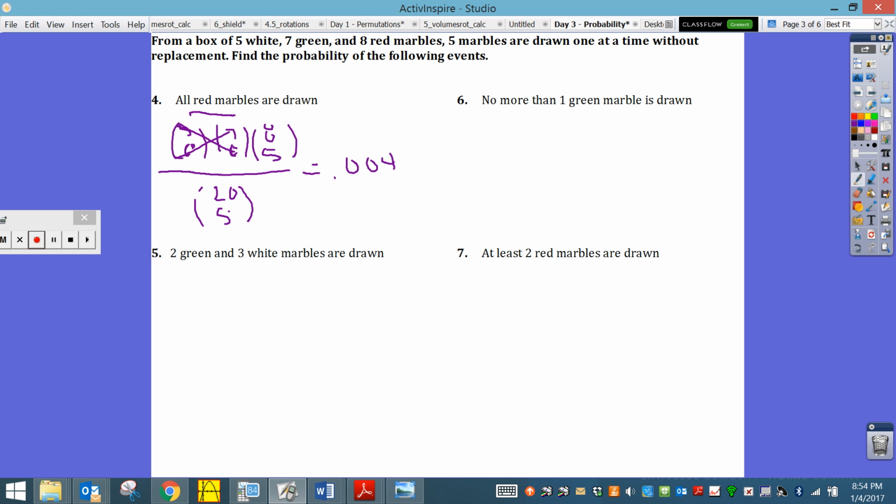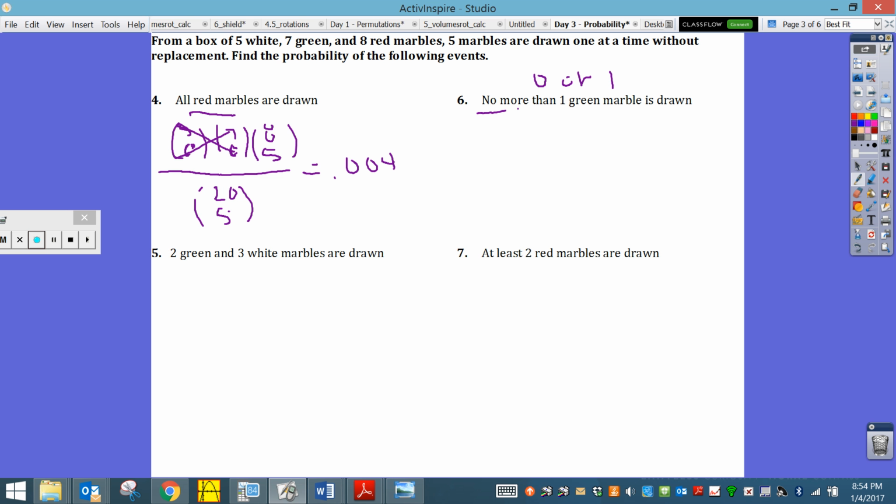Okay. On number 6, I'm looking at no more than 1 green marble is drawn. Okay, so we could have no more. Well, that means that there could be 0 green marbles or 1 green marble. Okay, so that could be 0 or 1, and that'll give me no more. Whenever I see that or and I'm working with probability, I'm going to be adding the two probabilities together. So what's the probability that no green marbles are chosen, plus what's the probability that 1 green marble is chosen,